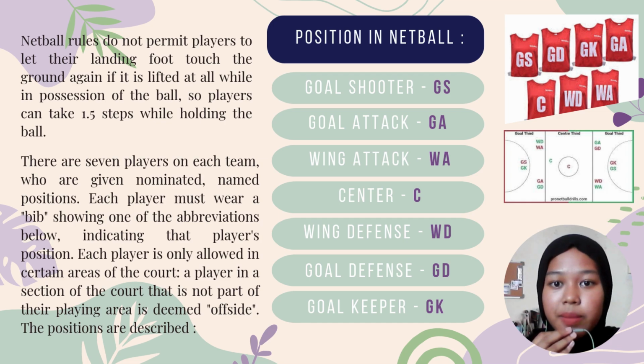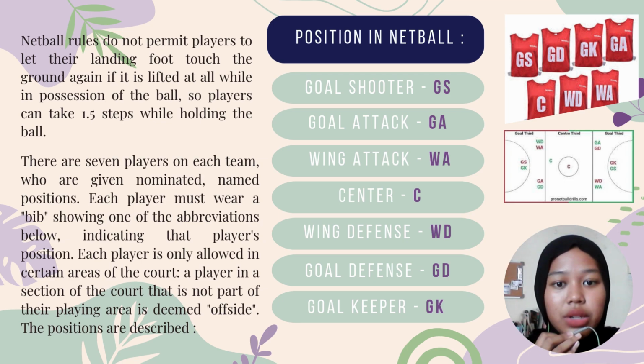There are 7 players on each team who are given nominated name positions. Each player must wear a bib showing one of the abbreviations below, indicating the player's position. Each player is only allowed in certain areas of the court. A player in a section of the court that is not part of their playing area is deemed offside. The positions are described as goal shooter GS, goal attack GA, wing attack WA, center C, wing defense WD, goal